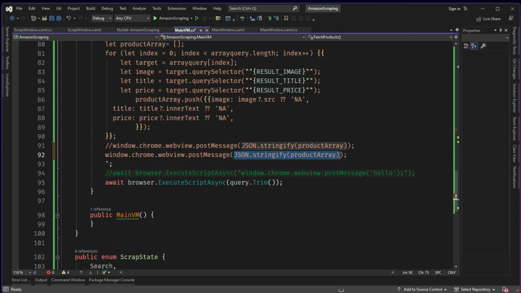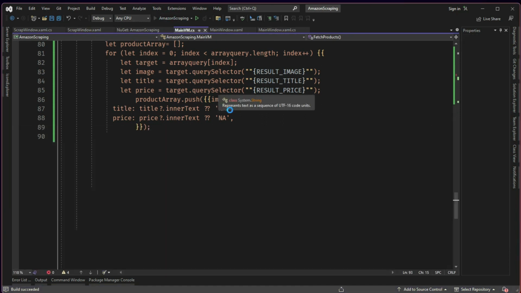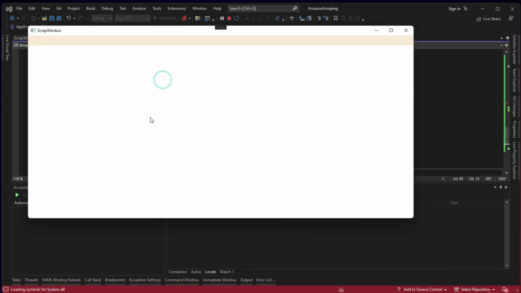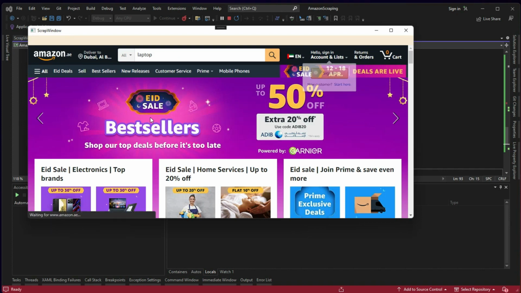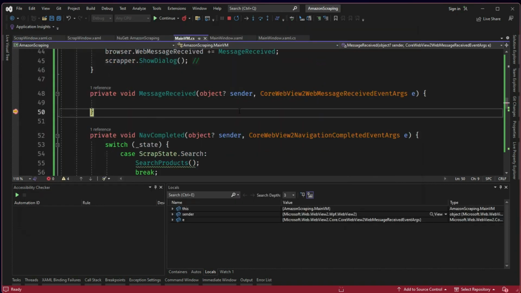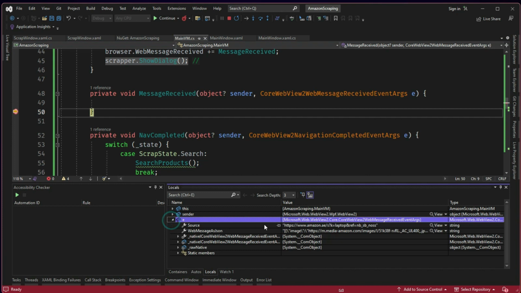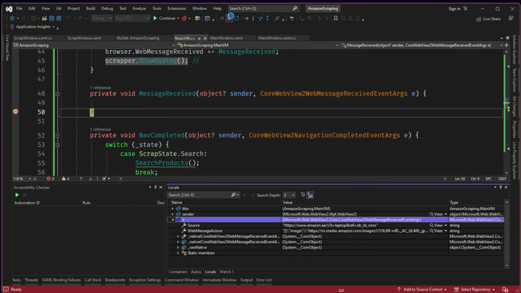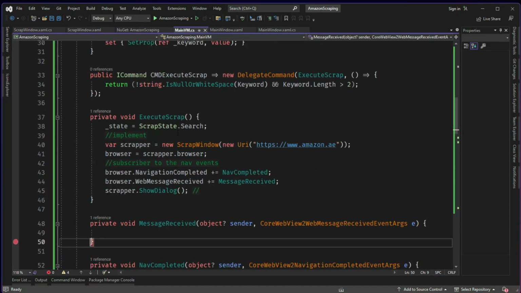So I am assuming that if we give the product array directly, it should make it as a JSON by itself. Laptop, search for laptop, process it, send me the message, message as a JSON. Now this is a JSON because it is returning me a JSON of 60 items. Perfect. So now I received a JSON. Now what I do,